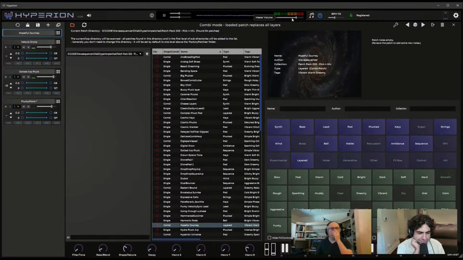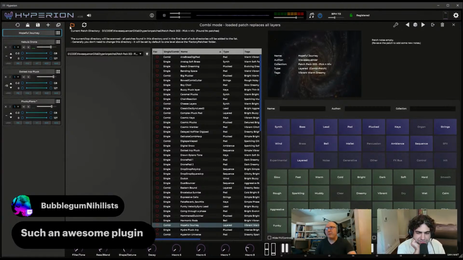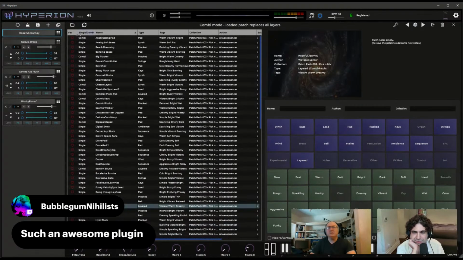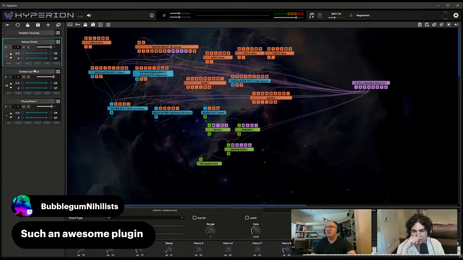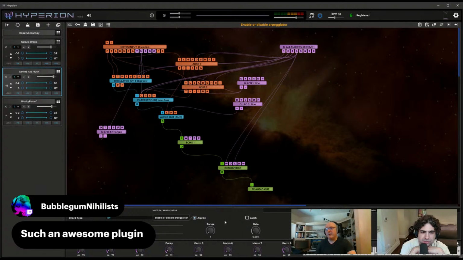Another thing I didn't mention is that I have arpeggiations built into this plugin. When I click on a layer, you can see there's a tab at the bottom which is an arpeggiator and chord processor. That means each layer can be running an arpeggiator, and it can also take the input note and turn it into a chord if you want. In this particular patch, one of the layers has the arpeggiator turned on,